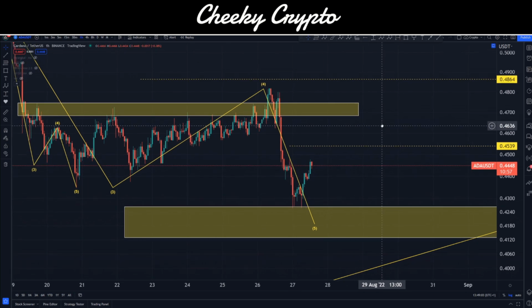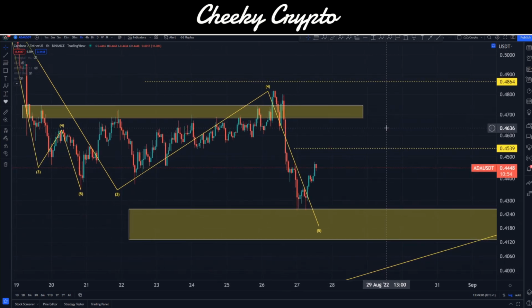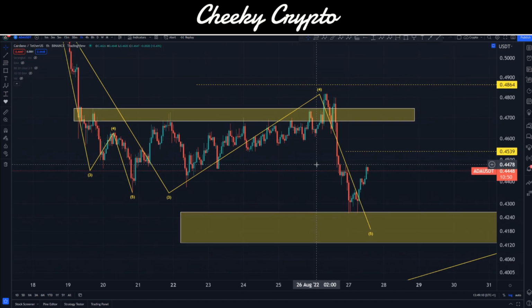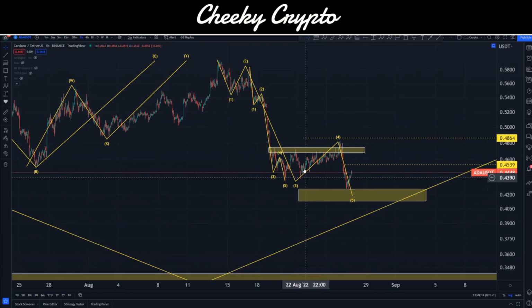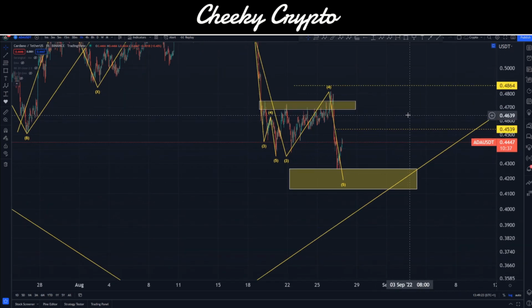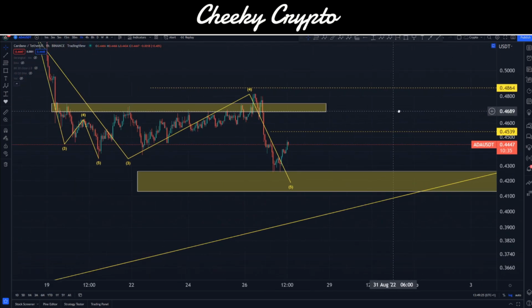Okay guys, let's get straight on into this one. So Cardano paired up with USDT on the hourly chart here, and Binance is our data source. We should just talk about briefly this collapse to the downside. We got our 5-wave structural move moving down. We had our 4th wave moving up past this resistance line, but a little bit short of our expectations, around 48.64 cent. We then started to see an immediate kind of reversal to this,